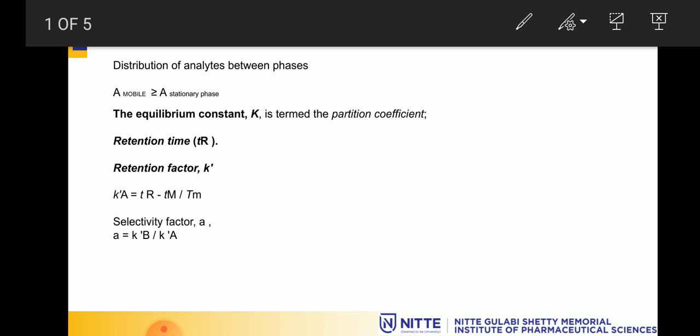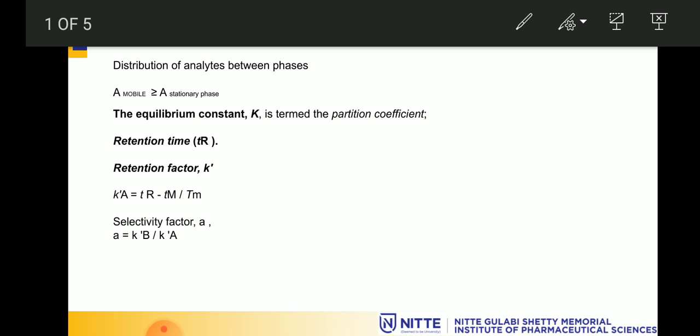Today we are going to learn about the volumetric equation, the disadvantage of gas chromatography, and the application. So today we learn about the volumetric equation. Before we proceed, let us learn about the terms used in gas chromatography. With that respect, I will be teaching you today retention time, retention factor, retention volume, capacity factor, and selectivity factor, and how they are important.